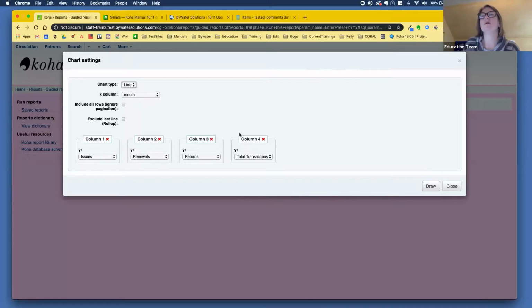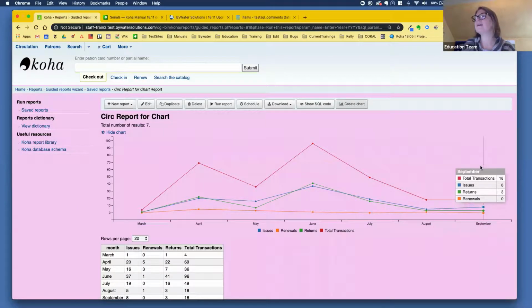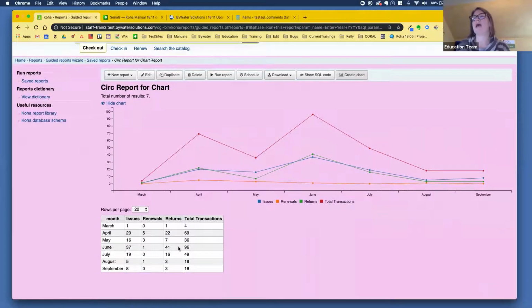Include all. Draw. Who knows? Look at that. I guess we probably don't want total transactions, but it's so pretty. It's color coded. It kind of tells me each of them in that month, July, August. This is our